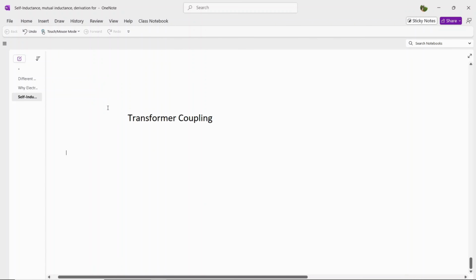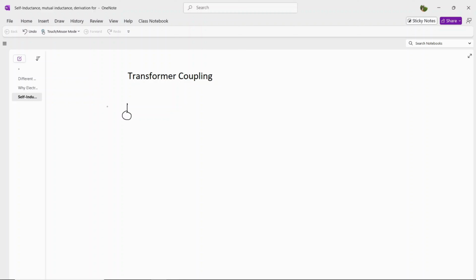Today we are going to study about the transformer coupling. Okay, so let us try to consider a transformer primary. This is the primary of a transformer consisting of a voltage source which offers a resistance of R1 ohms, and the primary has an inductance of L1 Henry, and the current which flows in the primary is i(t), and the voltage applied is a sinusoidal V1(t), and I have the secondary